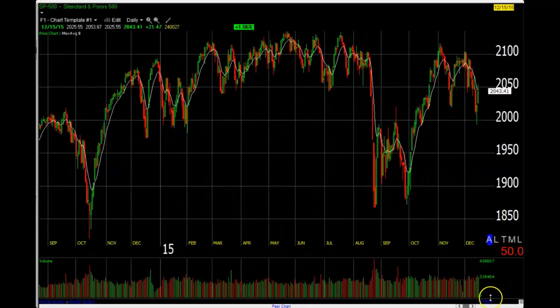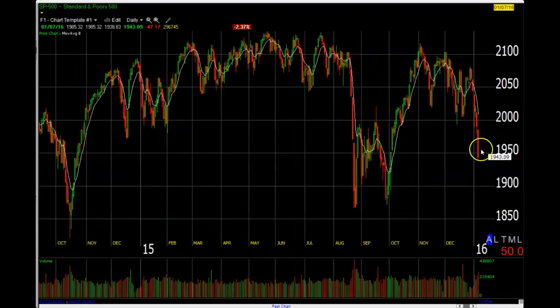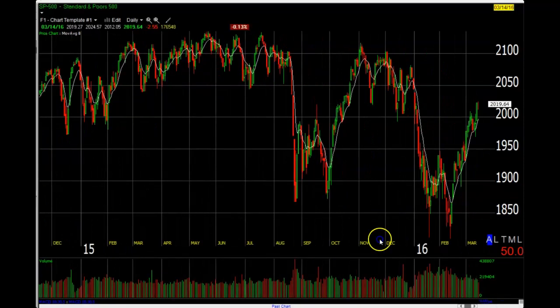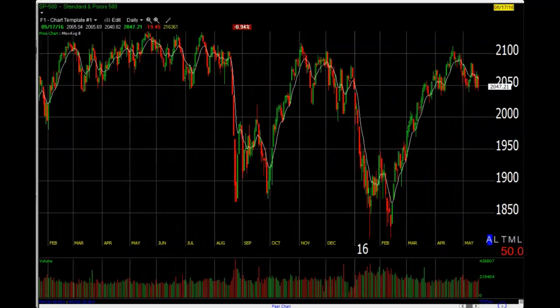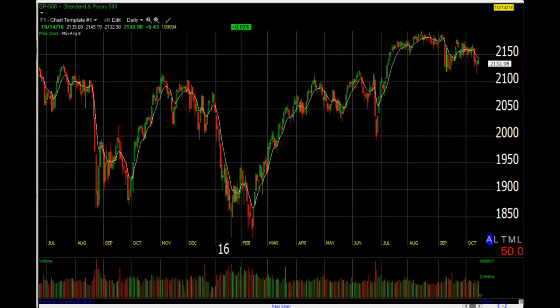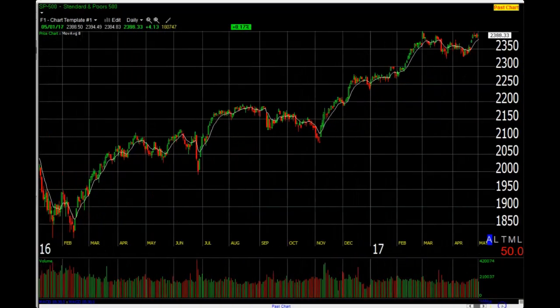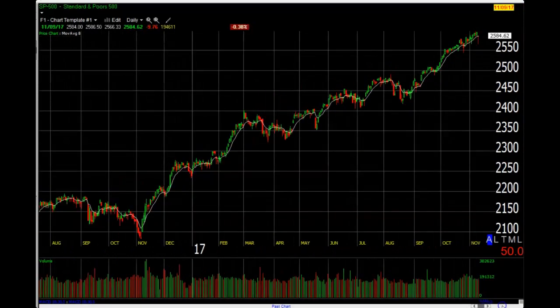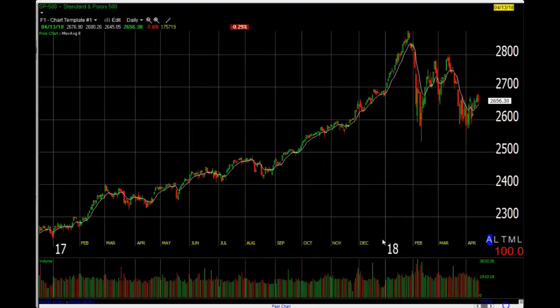You can see we had this huge sell-off into August, and then as we got into December, it looked like it was starting to shore itself up, and the Fed decided to raise rates, and then we had another sell-off. But in the stock market anyway, it seemed like a pretty strange year to be raising rates, even though we did have a rally going up all the way into 2015. But let me walk it forward a little bit. You can see we had the big sell-off after the first increase, and then it bottomed and found a floor in February of 2016, then started to push up. But let's just walk this thing all the way forward to 2019, and we can all remember that the market just had a pretty significant rally all the way up into 2019.